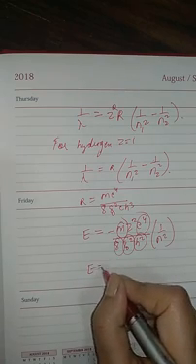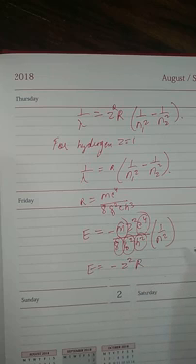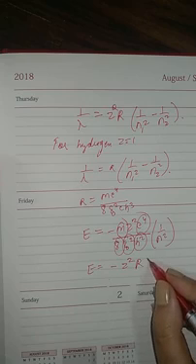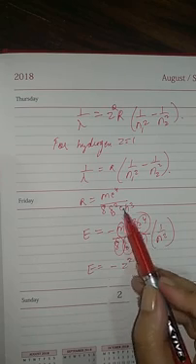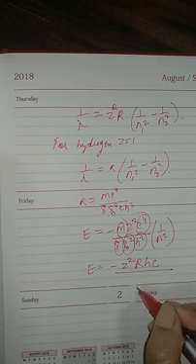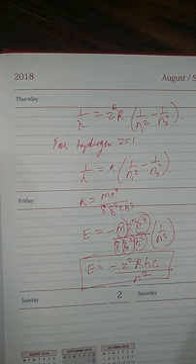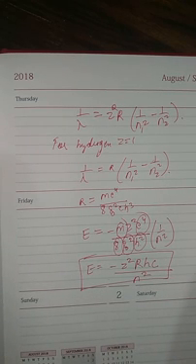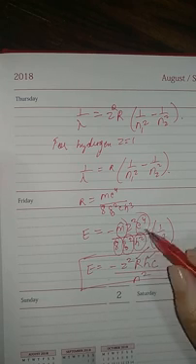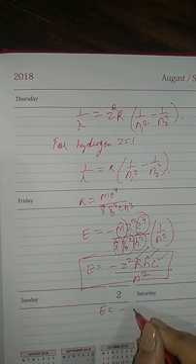So E becomes minus z square R, since this is h cube over here and h is only there, so we have to add one h. Since there is no c in this equation, we also have to write c, divided by n square. This is the equation of energy in terms of Rydberg constant. Now putting the value of R, because it is a constant, h is also a constant and c is also a constant. If you put the values of the constants, E becomes minus z square